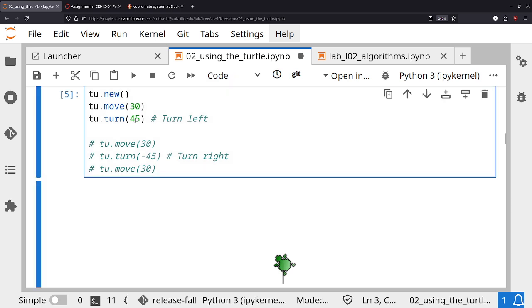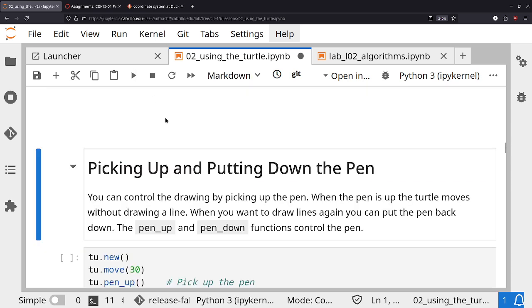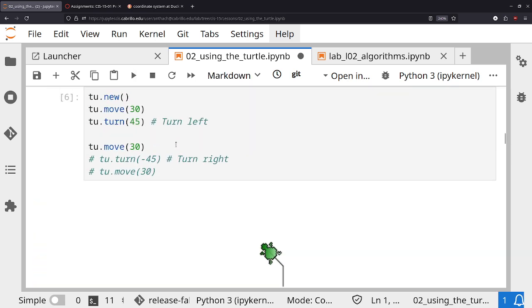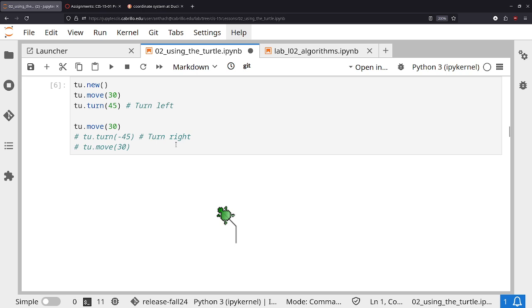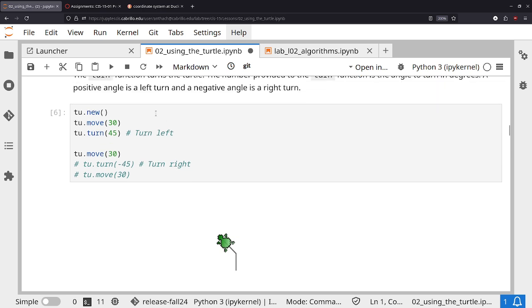These degrees also work with the negatives too, right? If I were to move it again, I move it again 30, so it's going to go forward 30. And press play. Okay, let me zoom out a bit. Every time I press play, it brings me to a different area of the notebook. Super annoying. I have to zoom out. So the turtle moved 30 pixels in that direction, and now we can